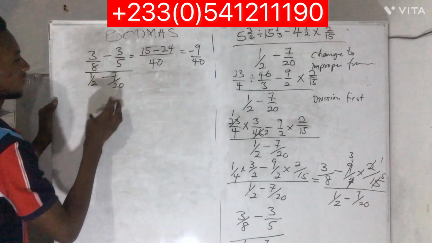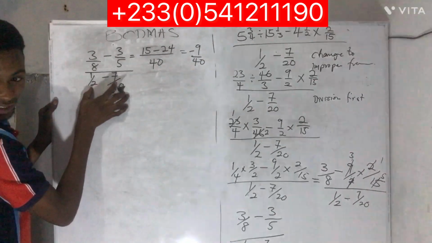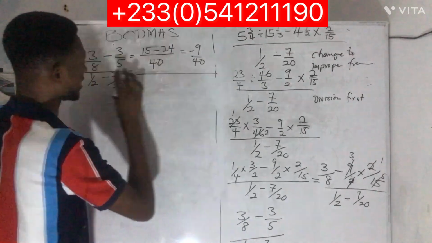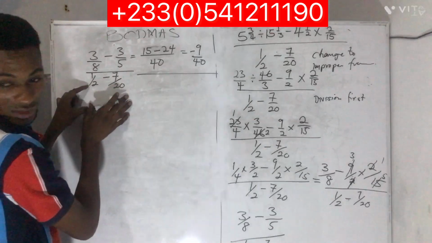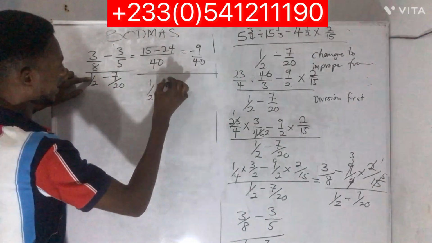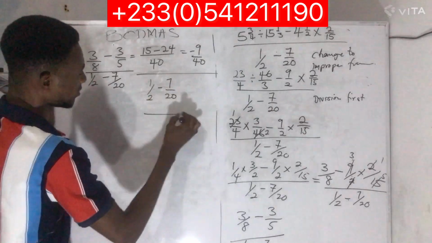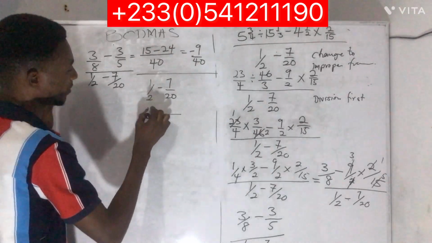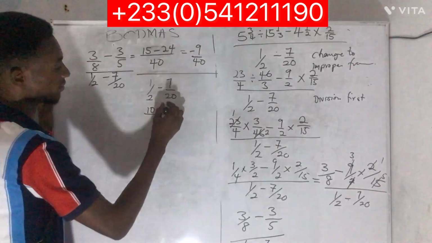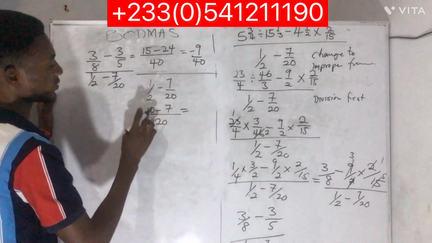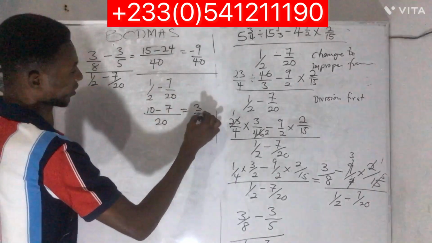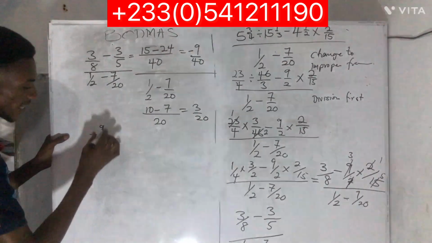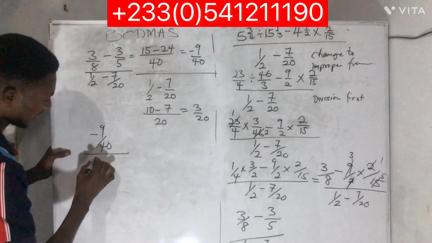Now let's take this one. Let's take just this one. So we have this thing all over. This is the same division that I brought. So now let's solve this one separately. So we have 1 over 2 minus 7 over 20. The LCM is what? 20. 2 going here 10 times. 10 times 1, 10, minus, here we go here once, 1 times 7, 7, right? 10 minus 7 is what? 3 over 20. Now we have minus 9 over 40 at the top, and we have this 3 over